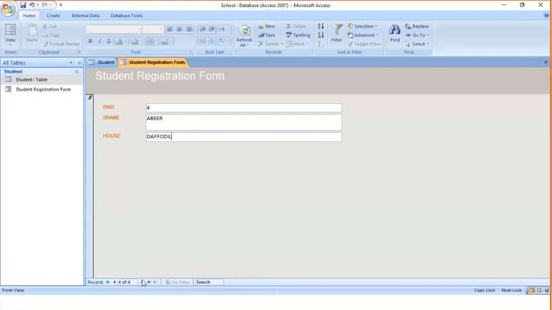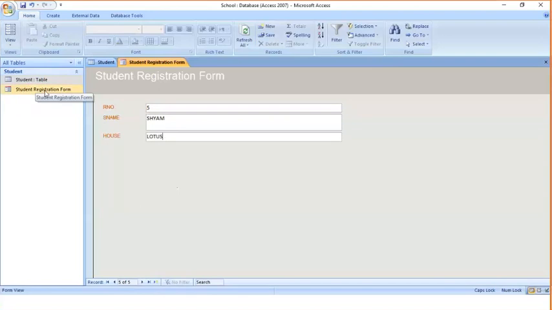Like this, one more record we will add, so we have multiple records with us. Suppose belongs to Lotus. Okay, like this you can add multiple records.